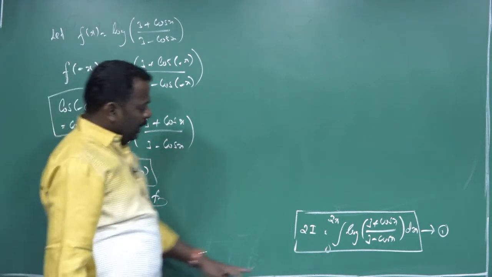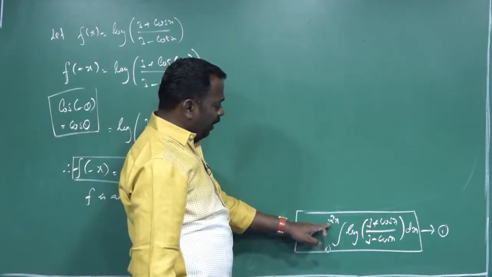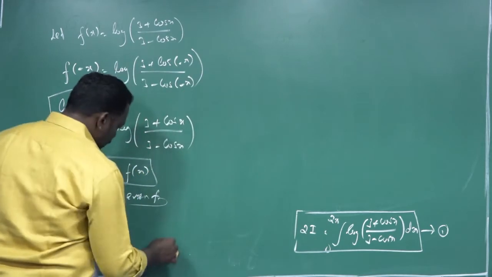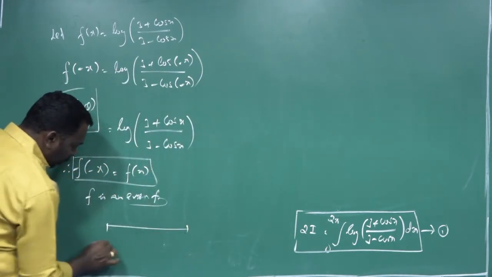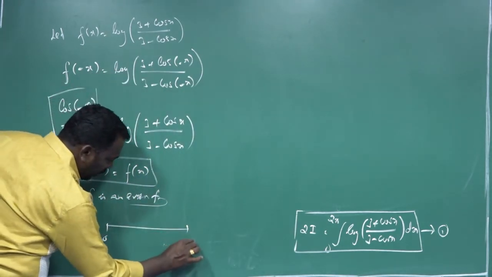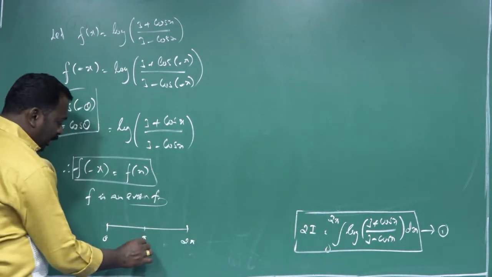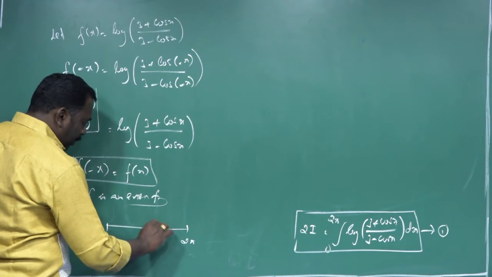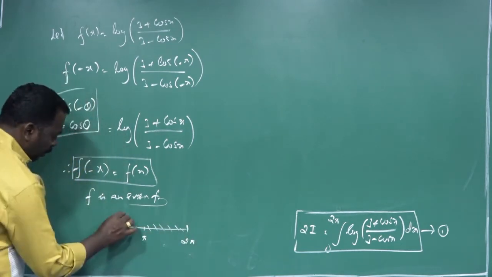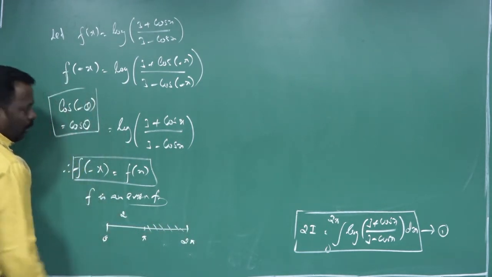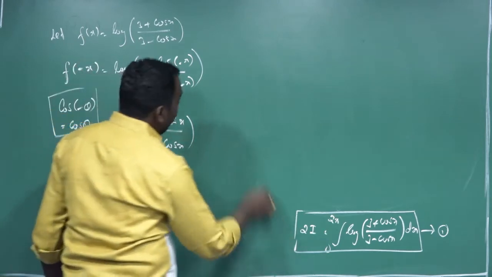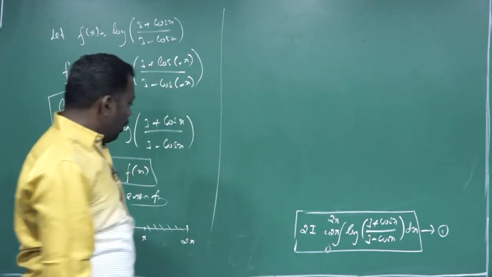What do we have to do? For the integral 0 to 2 pi, we can deduce it as half of the value. The middle value of 0 to 2 pi is pi, so we remove the interval from pi to 2 pi. We can write 2 times this interval 0 to pi, therefore the last equation.